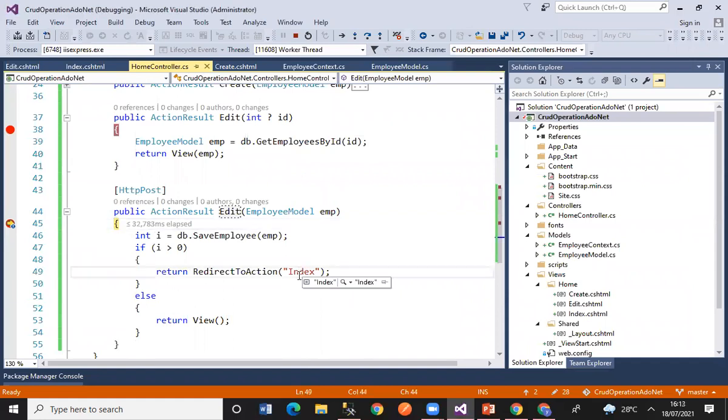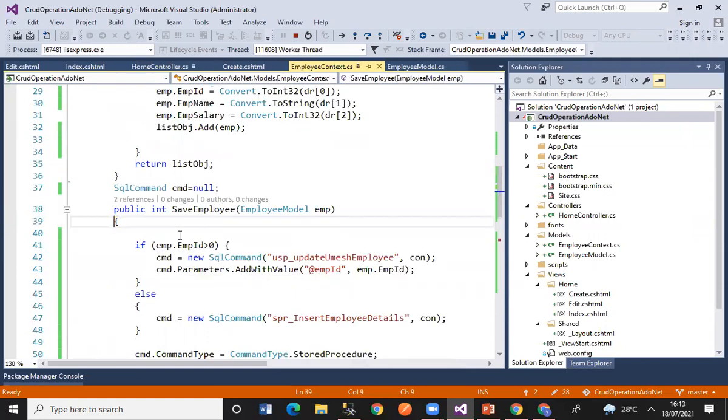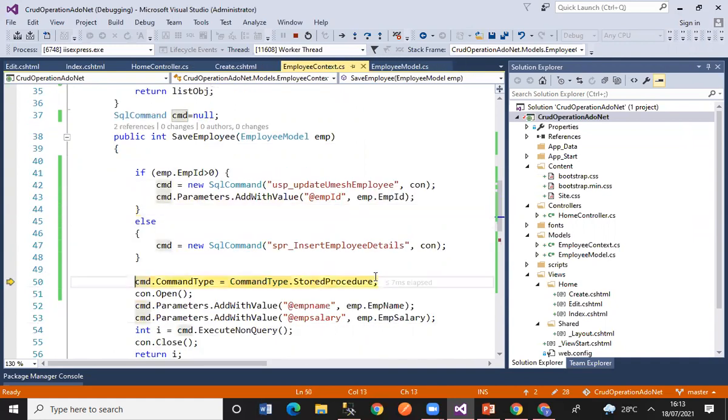So ID we got it. The ID is greater than 0, so it will go to the update employee stored procedure, and it will carry EMP ID. Apart from that, it will go to the command type stored procedure, and the other two parameters it will take, and then it will update the details.